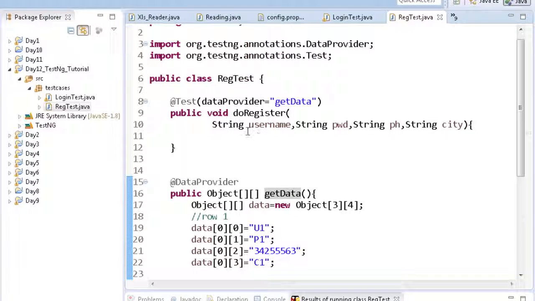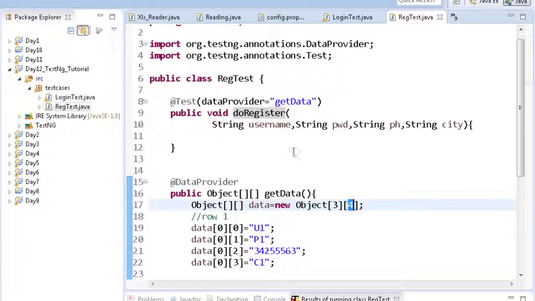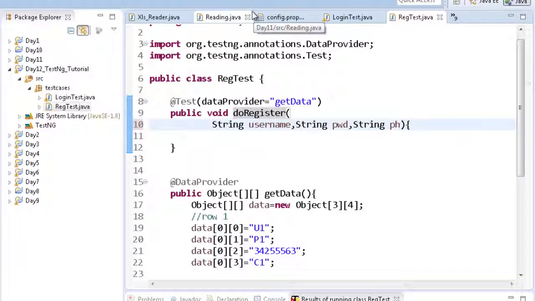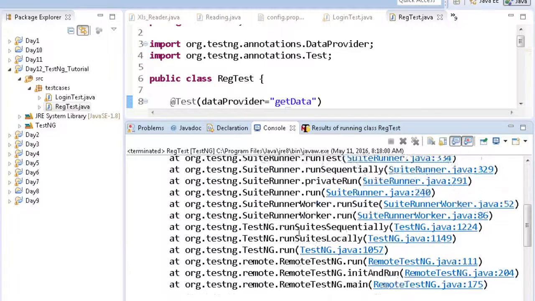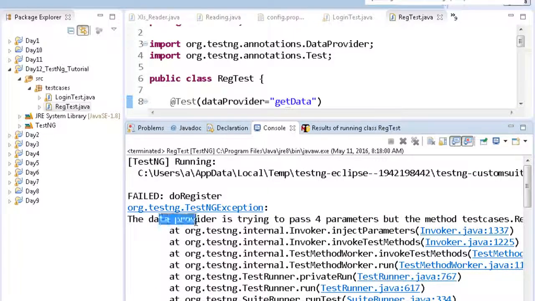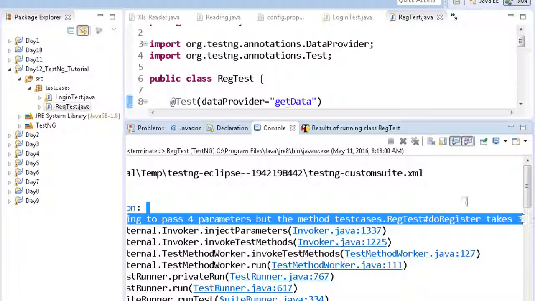You have to make sure that the number of input parameters in this function is the same, like 4 if 4 is written over here. If I have written 4 and I try to pass 3 and run it, I will get an error. I'll get a failure, and you will see it written that the data provider is trying to pass 4 parameters, but the method is taking 3.